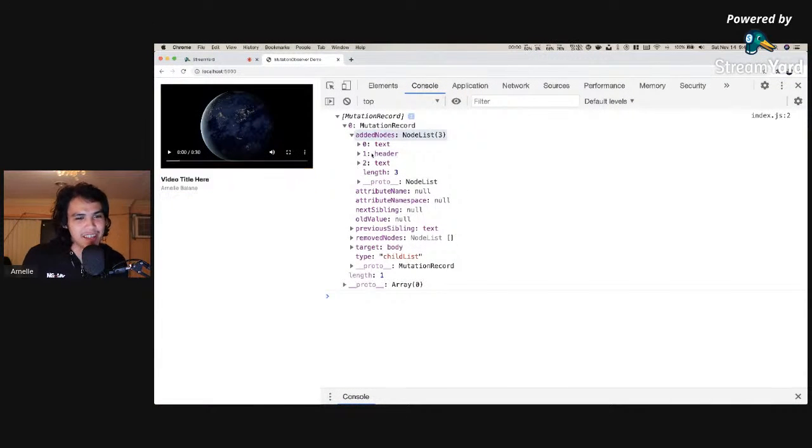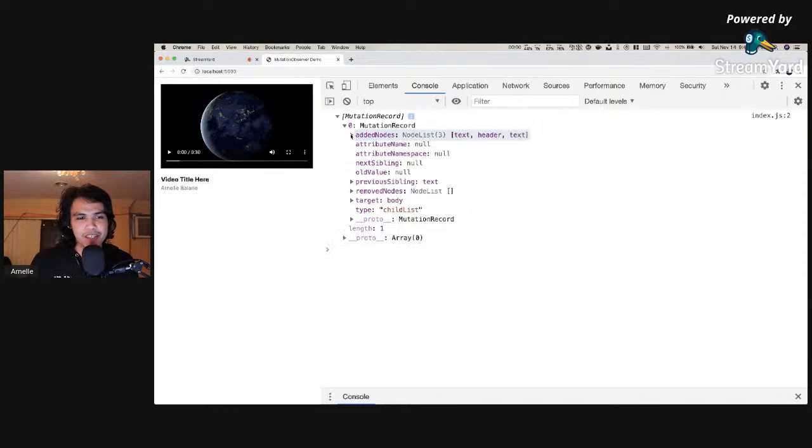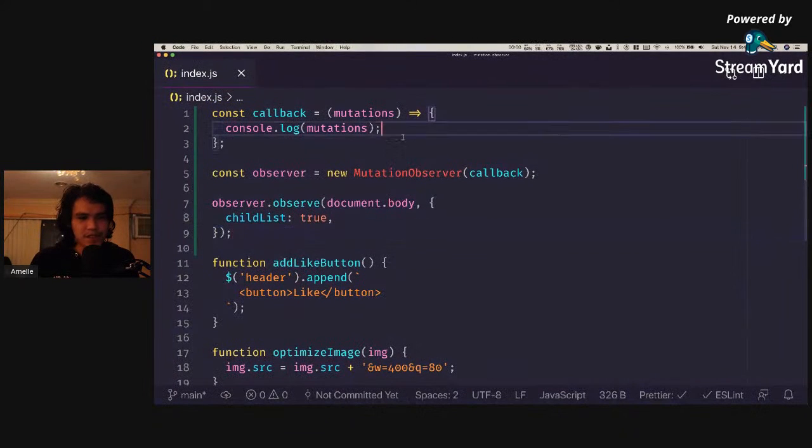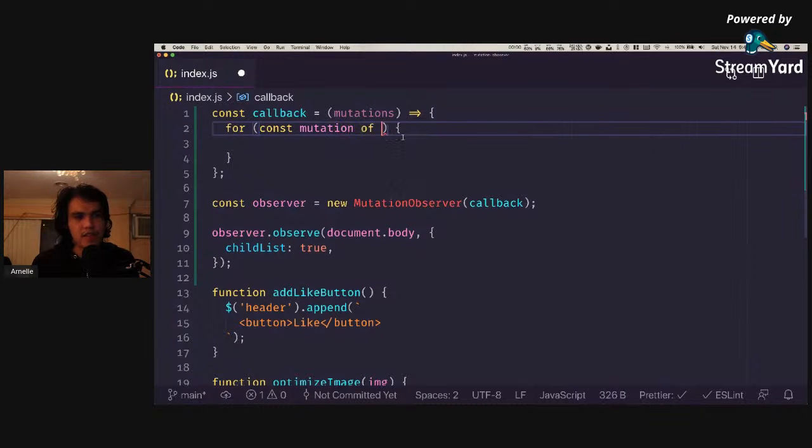So now we know that the header was added, but this callback function will be called every time some element is added, right? So now we have to filter, okay, we only add the like button when the header was added. There's also a type, what kind of mutation happened. This could be child list or attributes or character data. It depends. So what we will do is when our callback function is called, we check if the header is already added to the page, and when it is, we add our like button. So we basically have to loop through all the mutations